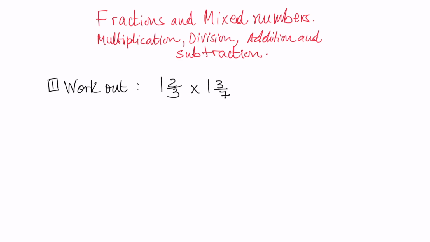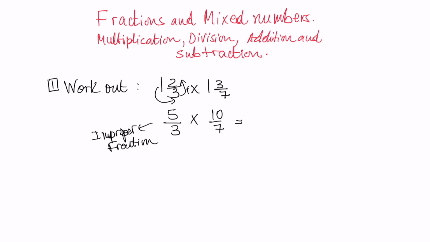So you do 1 times 3. 1 times 3 is 3. 3 plus 2 is 5. So it will be 5/3. So 5/3 is an improper fraction. Multiply, or times. 1 times 7 is 7. Plus 3 is 10. 10/7. And